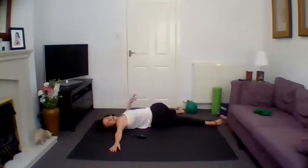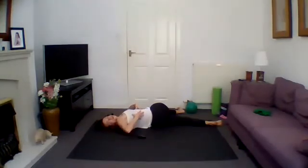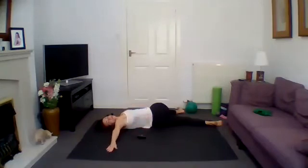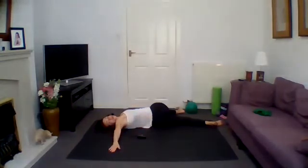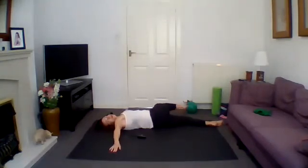And as you maintain this twisting here through your spine, when you take those deep breaths in, feel your rib cage through the back, the intercostal muscles through the ribs, and right into your thoracic spine, stretching. Good, and on the breath out, again, just bring the knees in